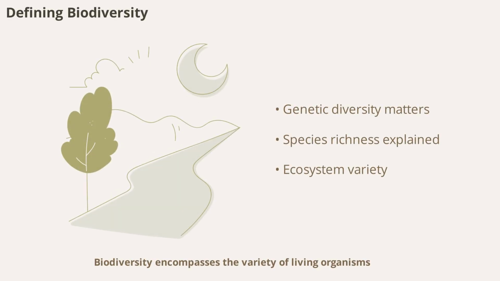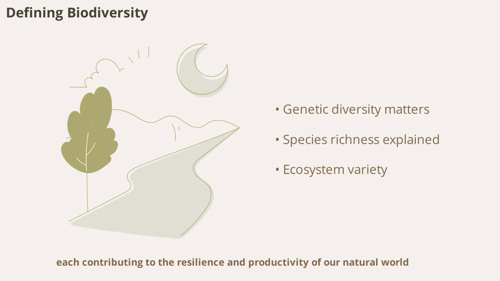Let's begin by defining what biodiversity truly means and why it's so essential for life as we know it. Biodiversity encompasses the variety of living organisms, from the genetic differences within a species to the diversity of species in a community, and even the range of ecosystems across landscapes. It's not just about counting species, it's about understanding their roles, how they interact, and the unique functions they perform. This diversity is the foundation of ecosystem processes, influencing everything from nutrient cycling to food web dynamics. As we move forward, keep in mind that biodiversity operates on multiple levels, each contributing to the resilience and productivity